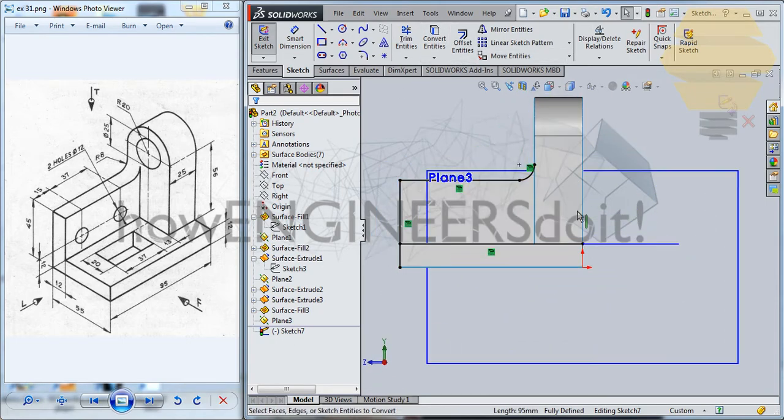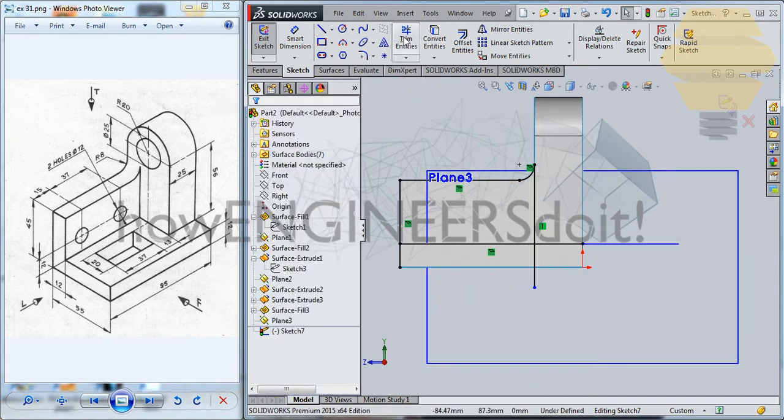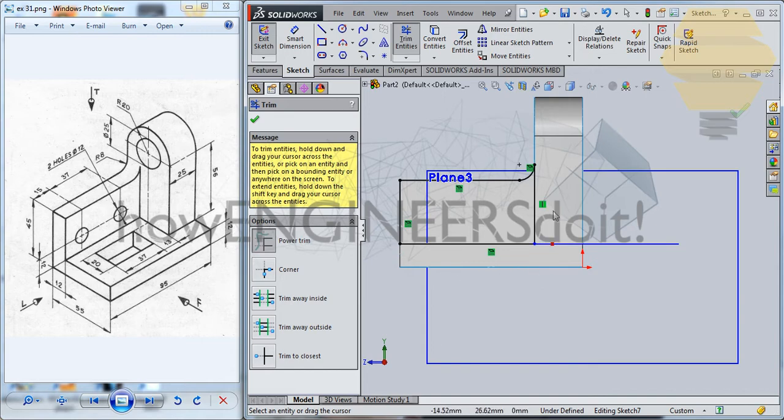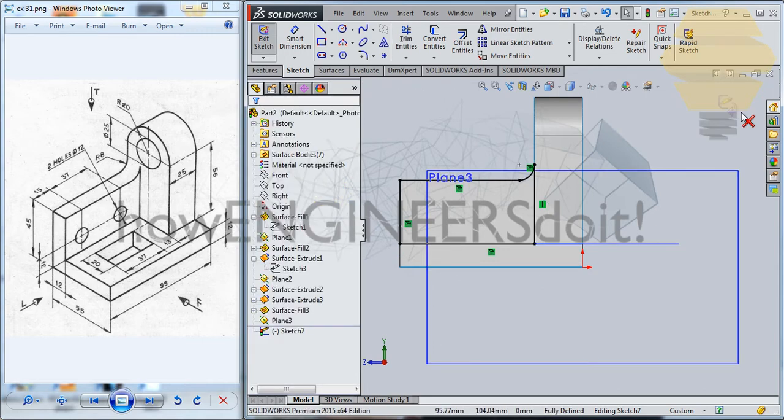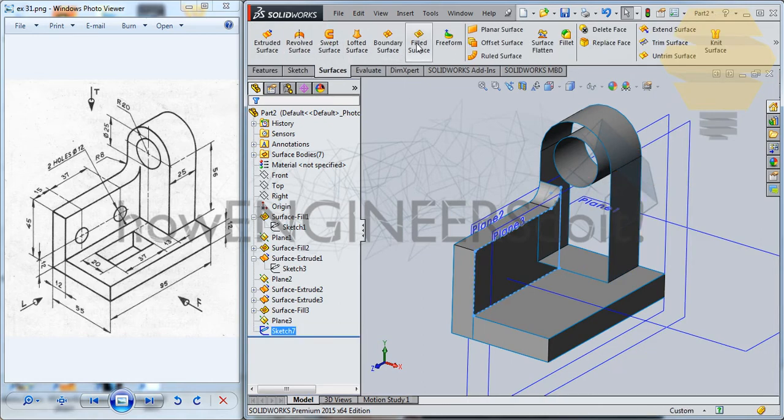Control 8. Now you can draw a line downwards. Go for trim entities and trim this portion off. Go for tick mark. Exit sketch. Now you can go for surfaces and fill surface. You can fill the surface off,